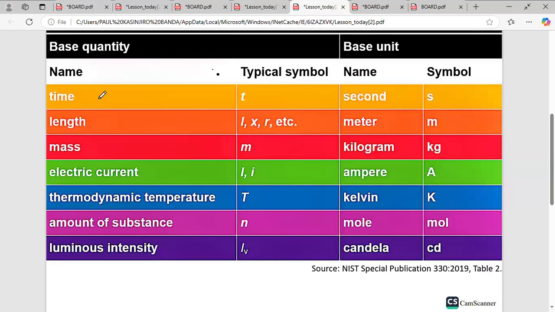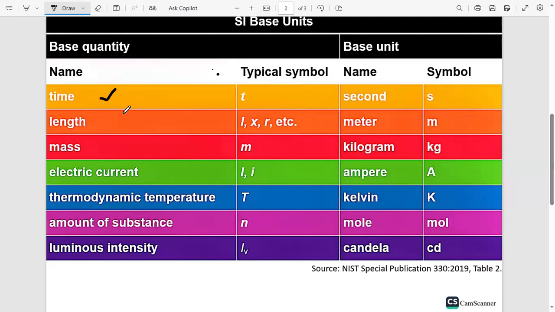The first one, you have to know that time is an SI unit, symbolized by a T, and the SI unit for time is seconds. Take note. Then we have length, which has SI unit meter. Then mass, which has SI unit kilogram. We have electric current,